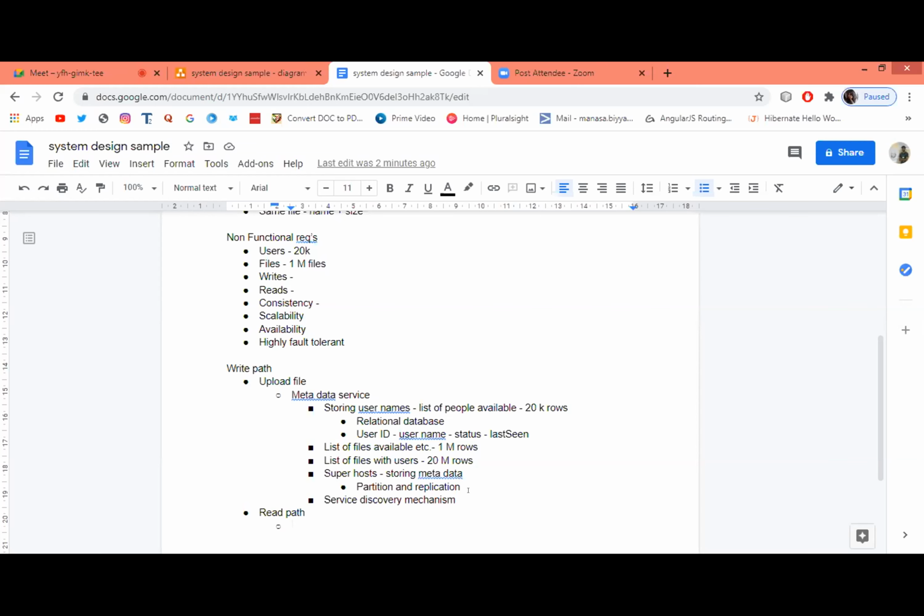So to reduce and evenly distribute the load, we can share this metadata. Once we have divided into chunks, the metadata service can update all the machines to know for each file where all the chunks are available, so that whenever we get a user request,